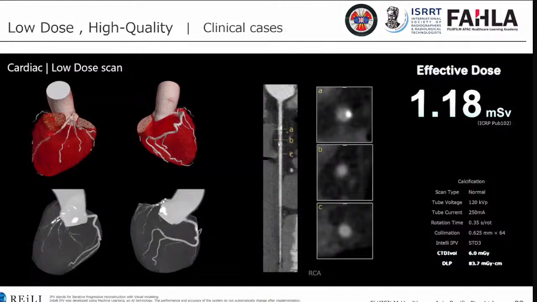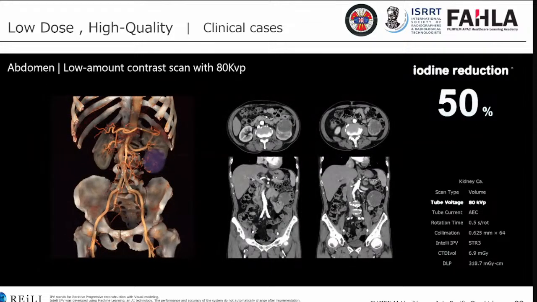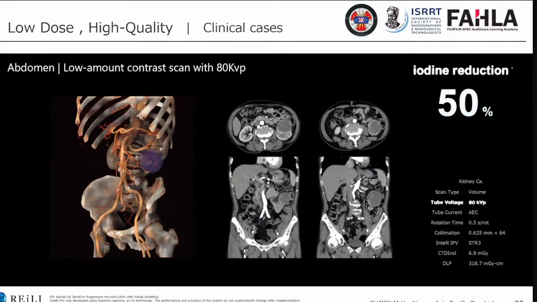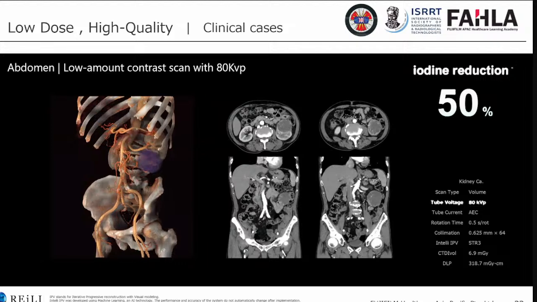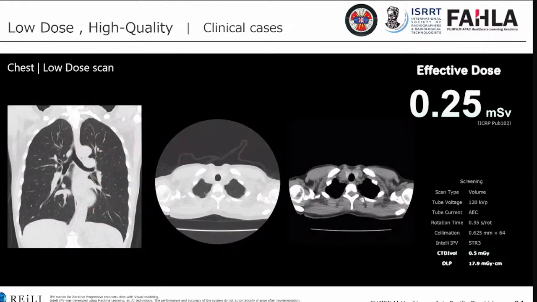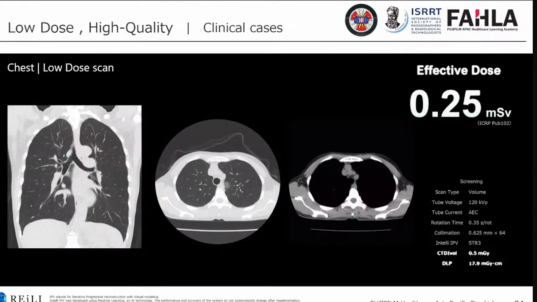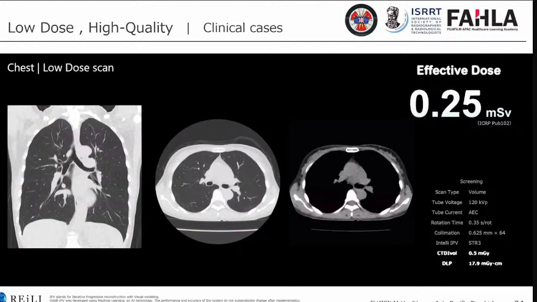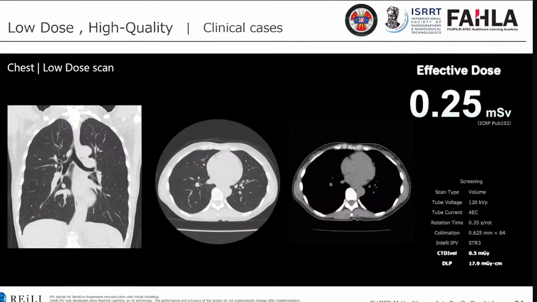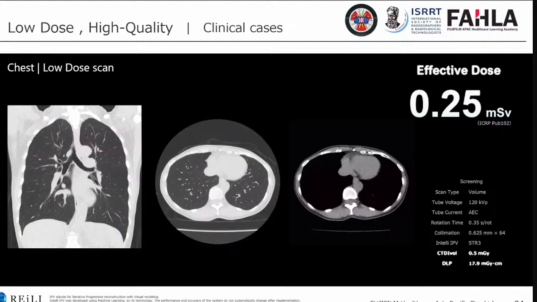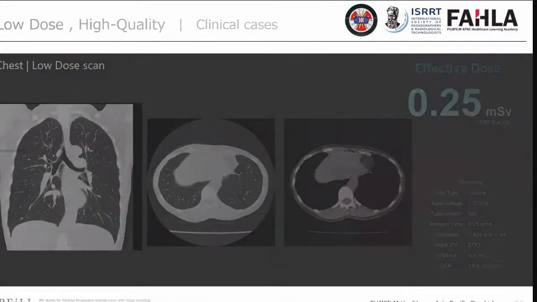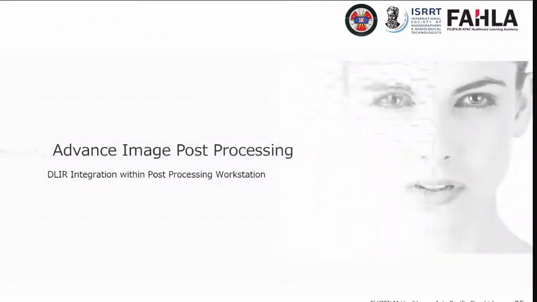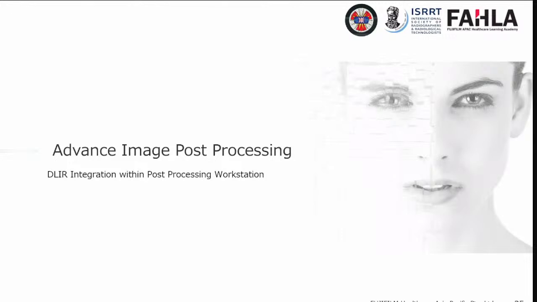So this is some of the images that come from the scanners: abdominal reduction of dose usage, performing lung screening imaging studies at a very low dose and so on. So let's move to the last part of my sharing today, which is more on the advanced image